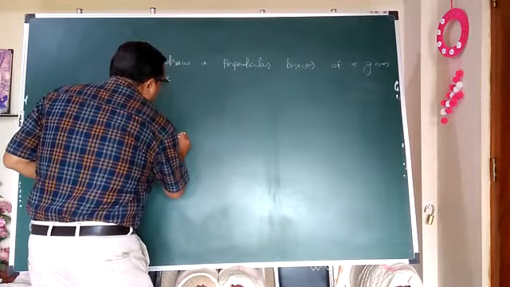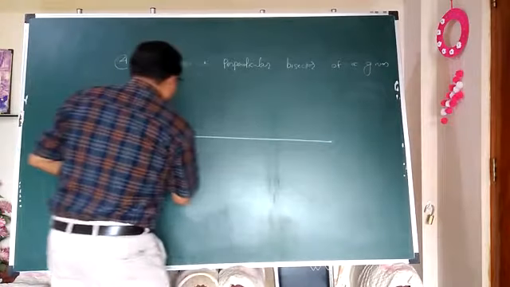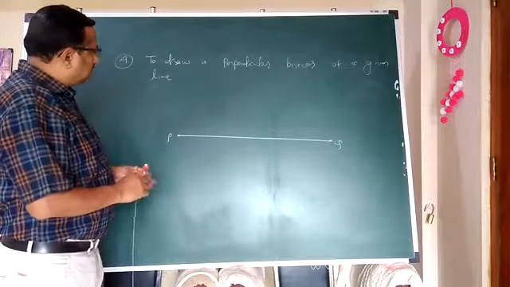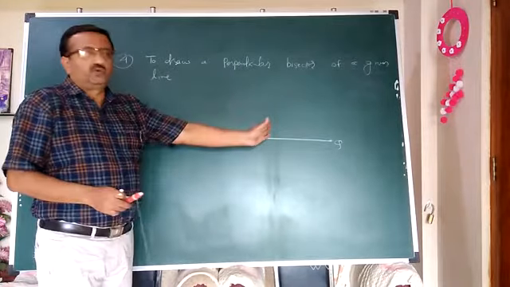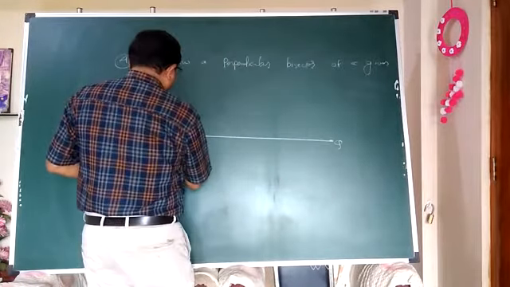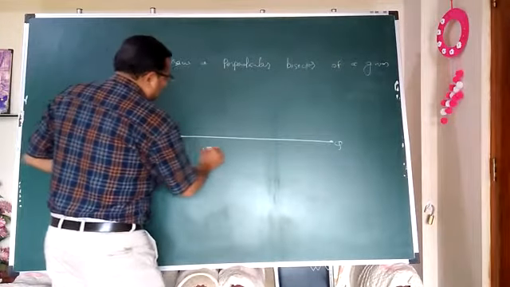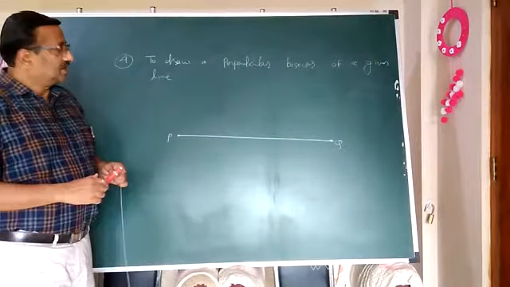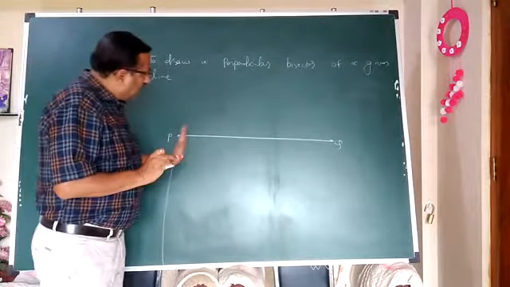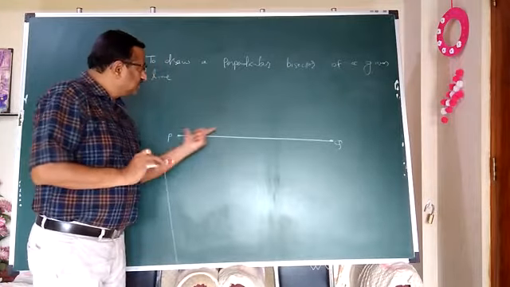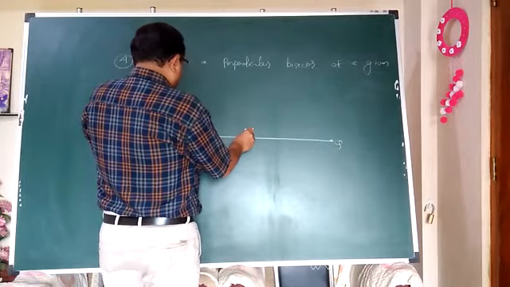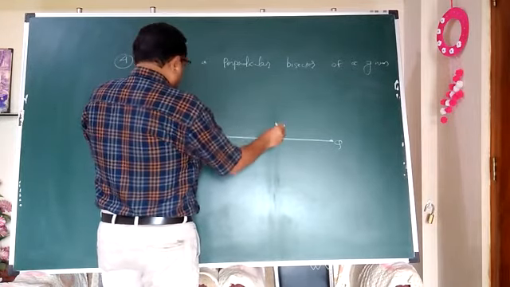Now, suppose this is line PQ, and we have to construct a perpendicular bisector of this given line PQ. Now, same simple procedure. Just concentrate over this PQ segment. Just like earlier constructions, you have to pick more than half of the distance of this segment PQ in the compass. It should be more than half. Suppose this much is the half. I will pick approximately this much.